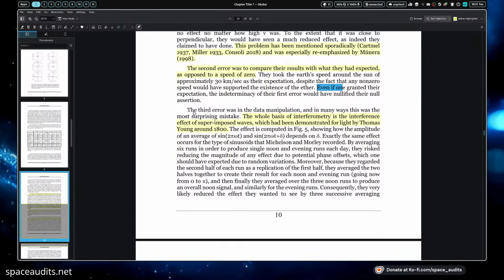So let's see. The third error was data manipulation. In many ways, this is the most surprising mistake. The whole basis of interferometry is the interference effect of superimposed waves, which was demonstrated for light by Thomas Young around the 1800s. Not only that, but there's Fresnel, who showed the velocity ratio of a moving medium and